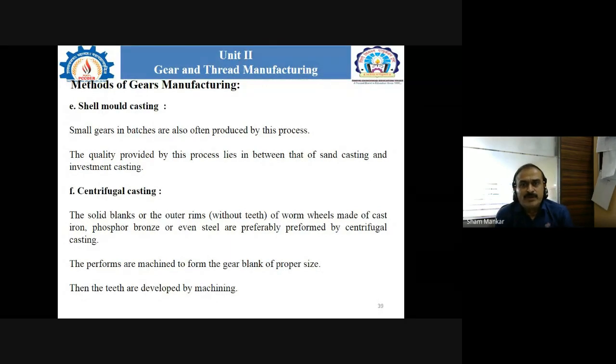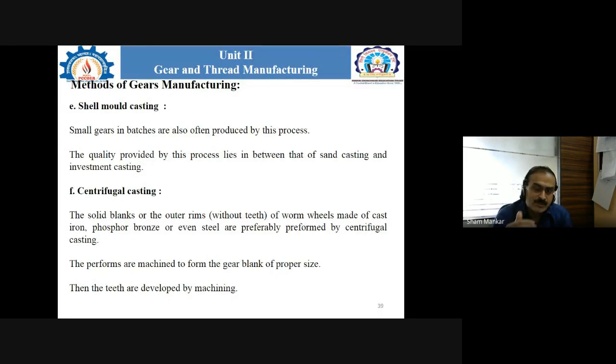Now, whatever the gear manufacturing processes, first we are considering the forming process. In the forming process we are also considering the casting process, and in the casting process there are different kinds of processes. Okay, so as we have seen,